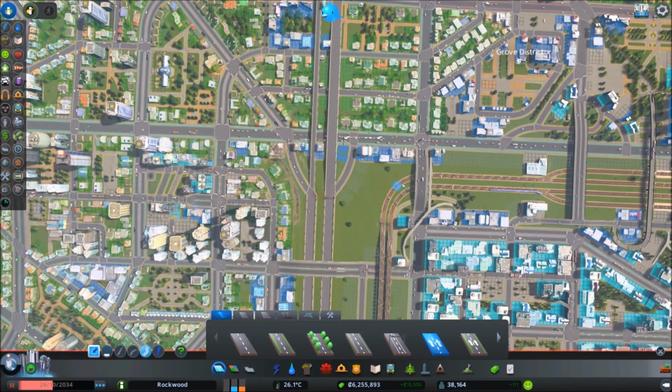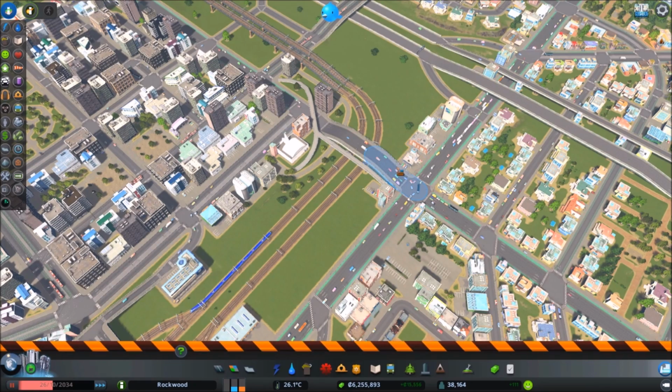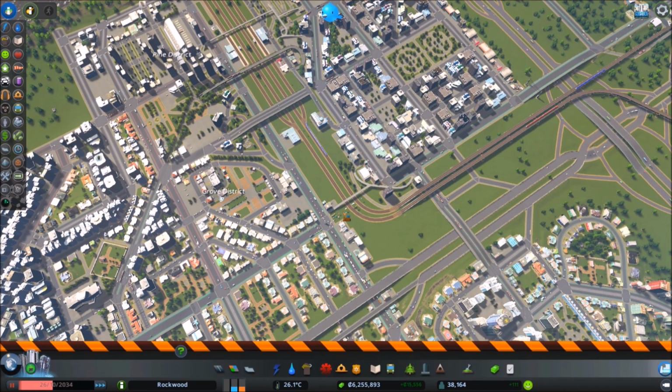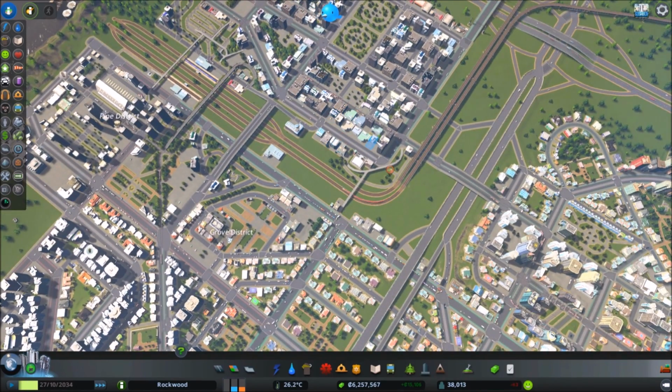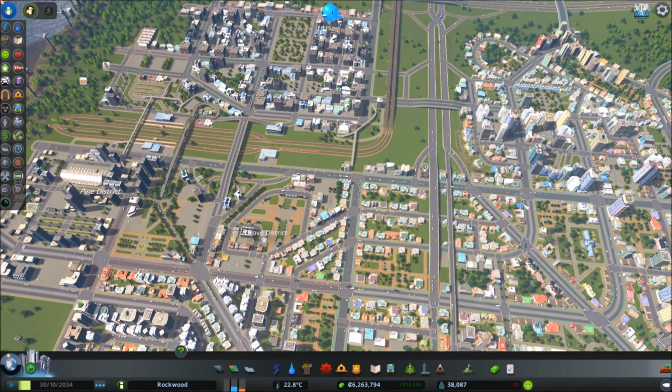Get rid of this. And then what I would also like to do, just to help with the timing of the lights, I think I'm actually going to get rid of this. It was a bit steep anyhow, and what I'm going to be doing now is just forcing more people to use this kind of bridge and that little connection point. And you can see there's not a lot of people using it already, so we have a lot of room for growth in terms of volume over on that side. So we'll just test some stuff out. Also forcing more people to use this bridge right here, but...